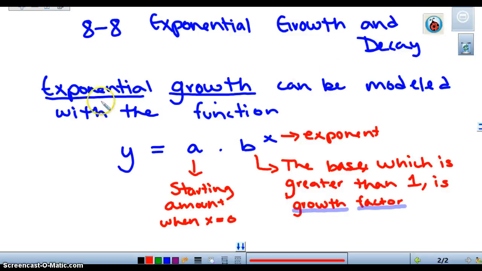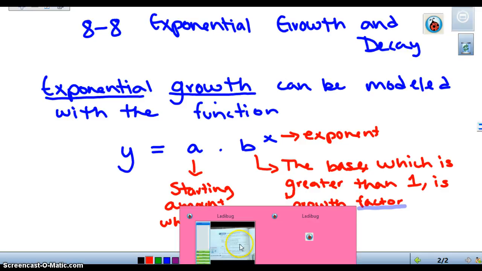Exponential growth and decay. Exponential growth can be modeled with the function y equals a times b to the x power, where a is the starting amount when x is equal to 0, x is the exponent, and b is the base, which is greater than 1 because it's a growth factor. Now, this formula right here is the same formula we used yesterday. Okay? So if we take a look at the sample problem,